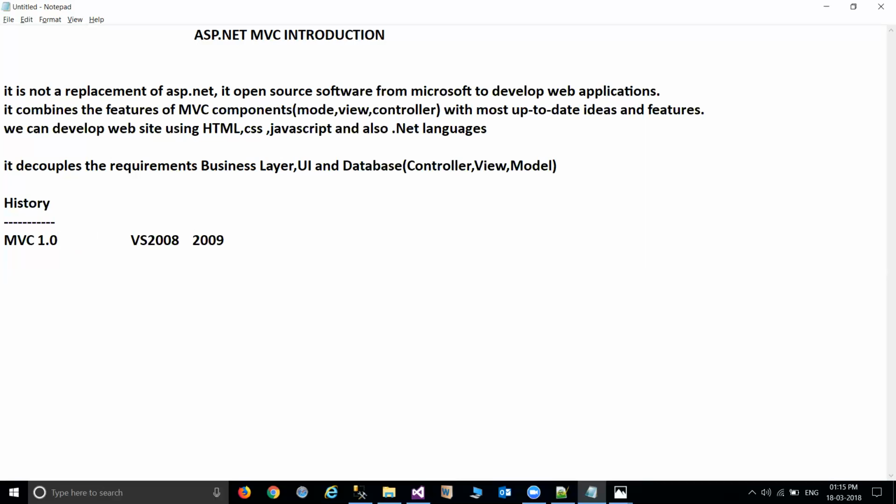In this version, it gave the basic architecture with the web form engine, routing, HTML helpers and Ajax helpers, and some auto binding concepts.